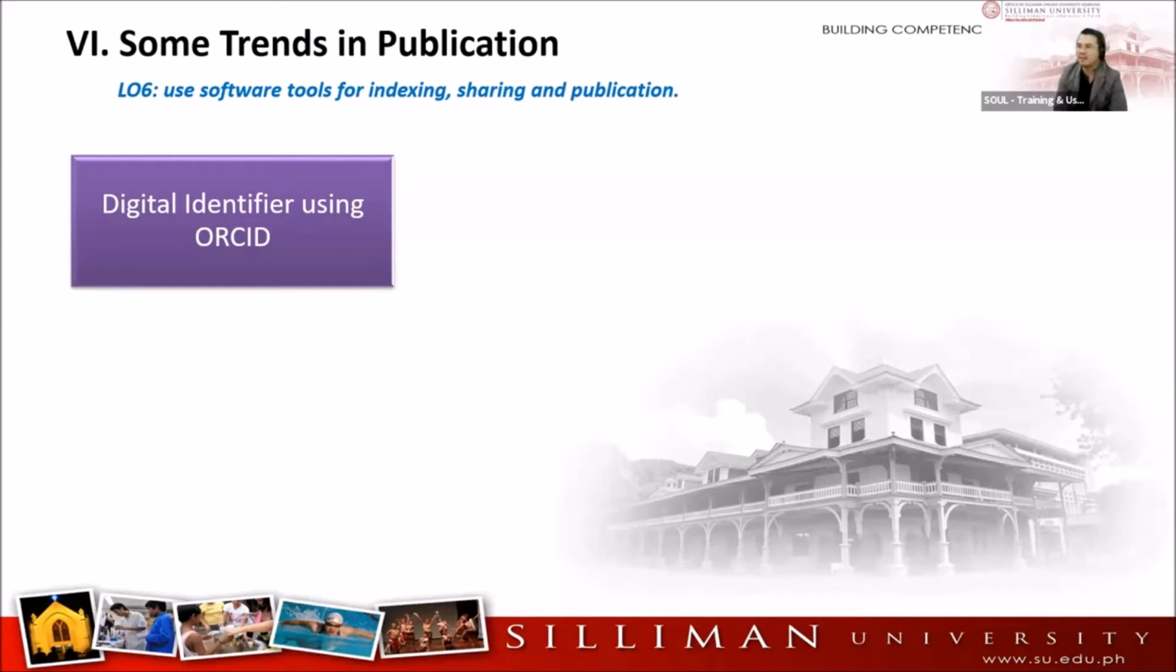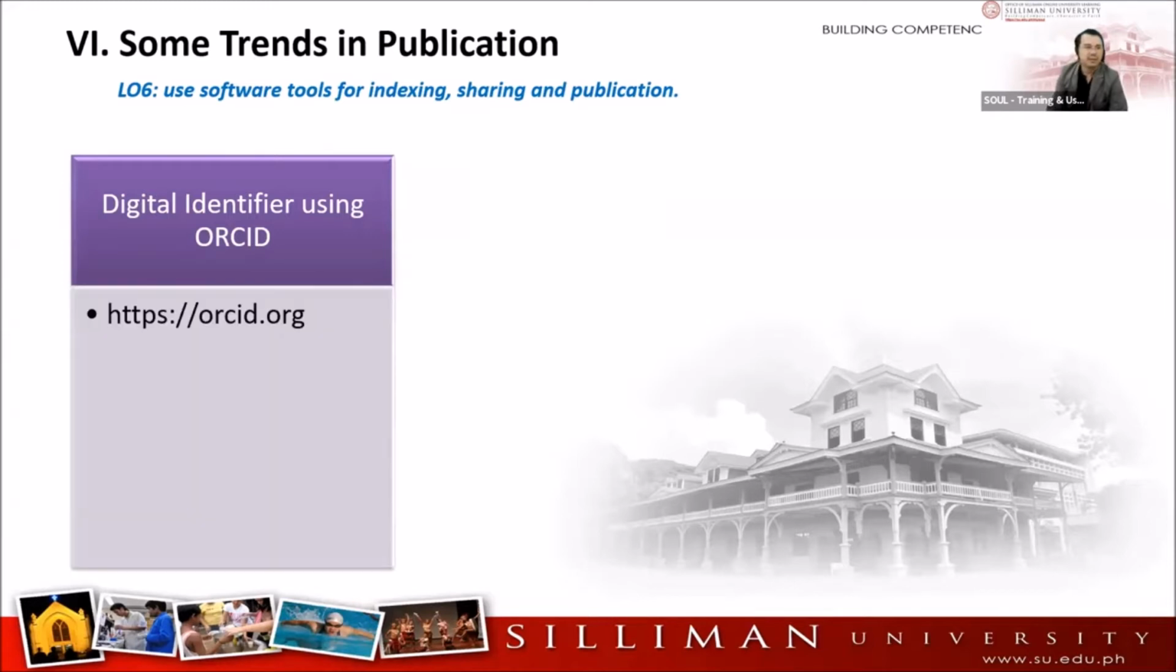So that we will have our identity, and so that we will have at least an address in the world of research and publication. So it is called ORCID, a digital identifier for researchers. Okay, so we will go to that. I will type this and put in